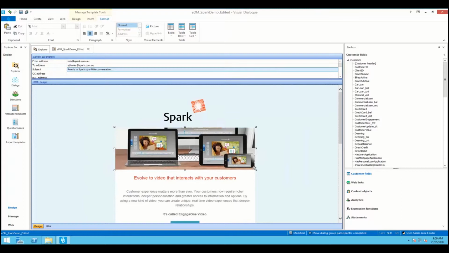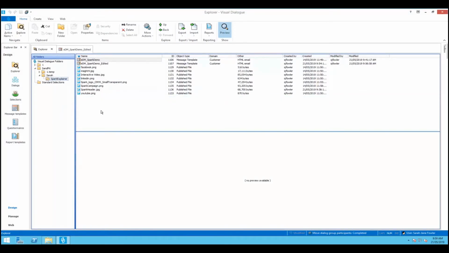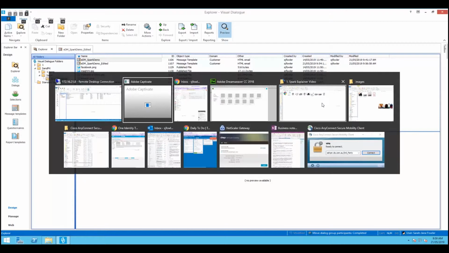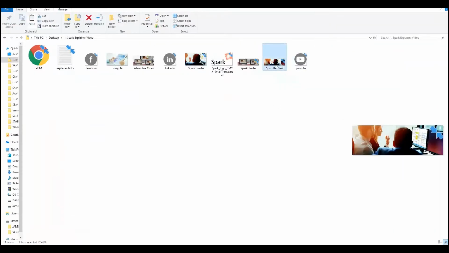But say you have a new image that you've created and you need to create a published file. So let's just quickly go through how to create a published file again. Let's head over to Explorer. Make sure that you're in the folder that you want to create the published file. Then you'll need to copy your new image from your local desktop, wherever you've saved it. I have saved mine here. So Control C, copy it,